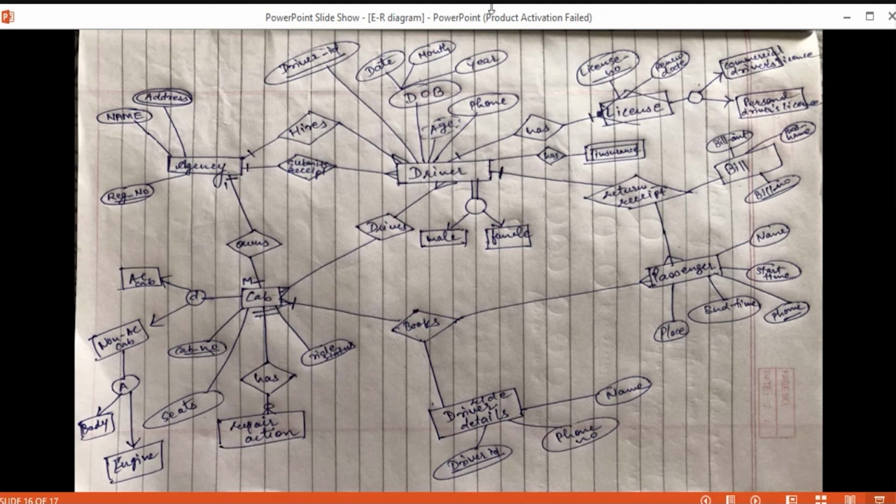As you can see here, there are different entities: agency, cab, driver, then bill, driver details. Starting with this agency, one more thing is that, as I told you, there are different versions, different notations for this diagram.